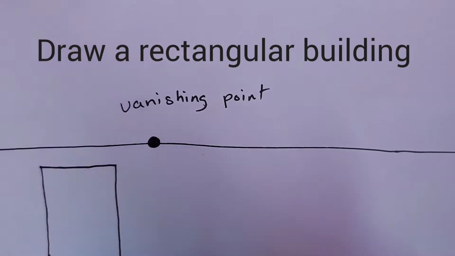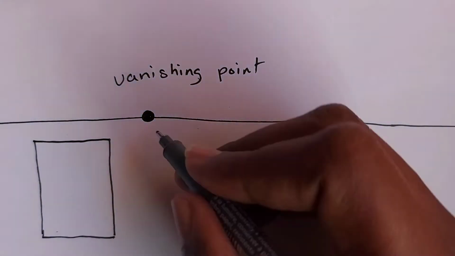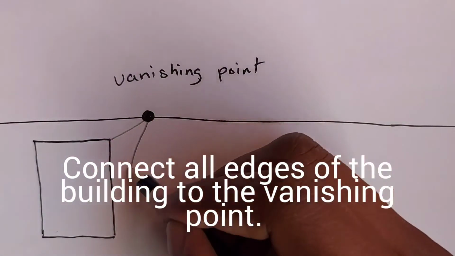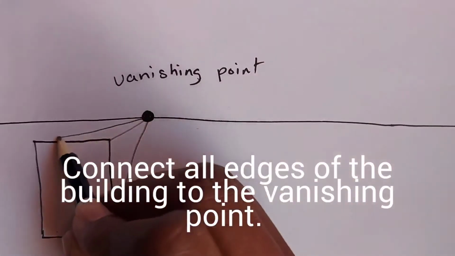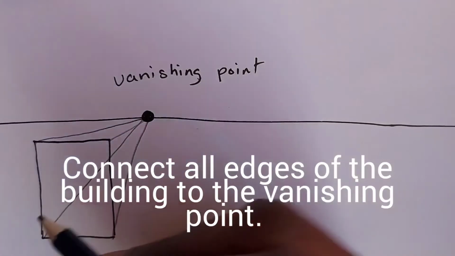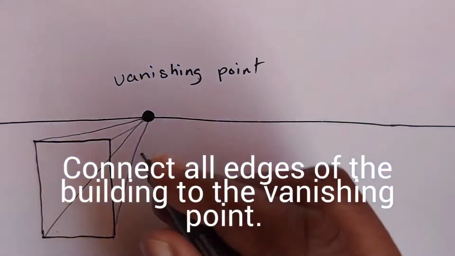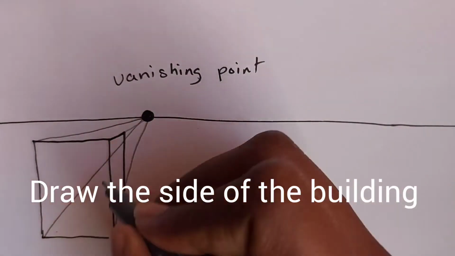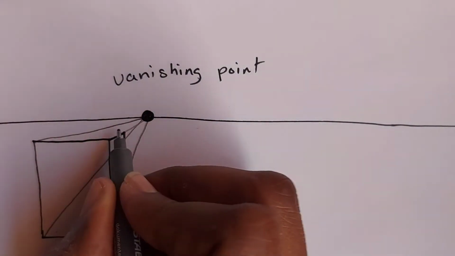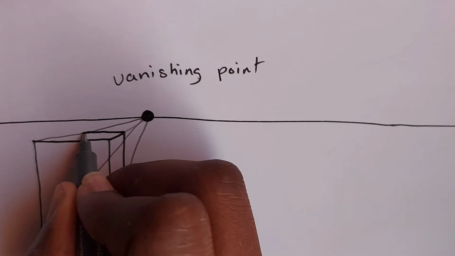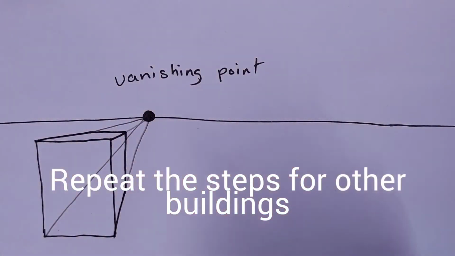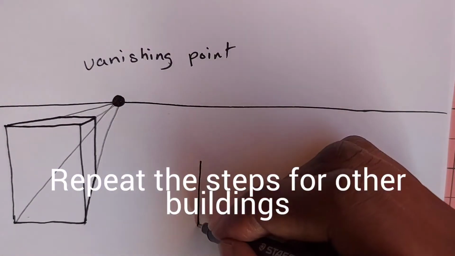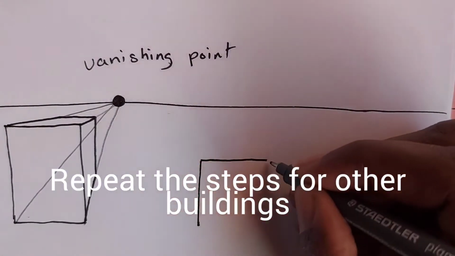So I draw a rectangular building over here. And what will happen is I am going to connect some lines to the edges of the building. And these are called receding lines. So these lines, as they're connected to the building, will allow me to draw the building smaller in proportion as the parts of the building get closer to the vanishing point. So I'm trying to use the receding lines extended to the vanishing point to make sure that my building is